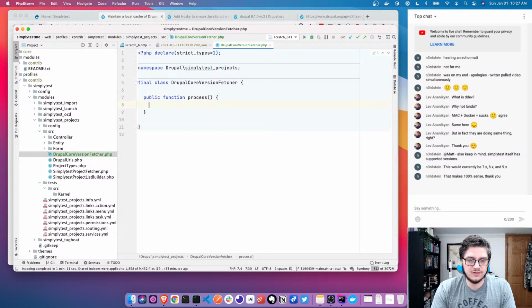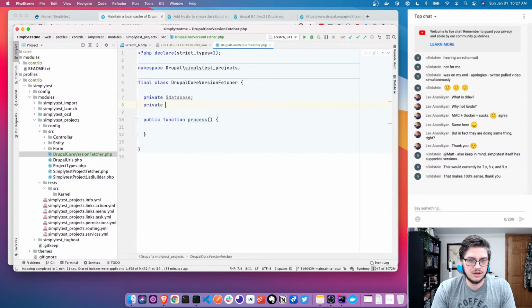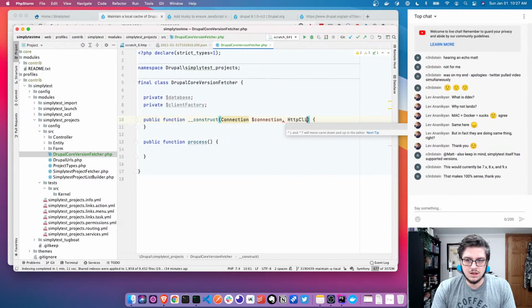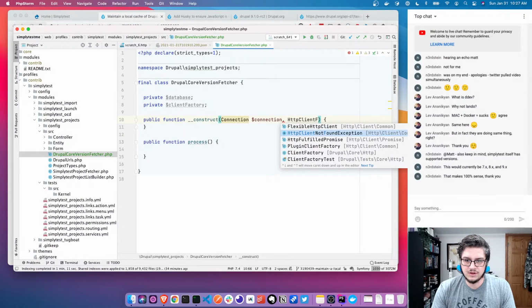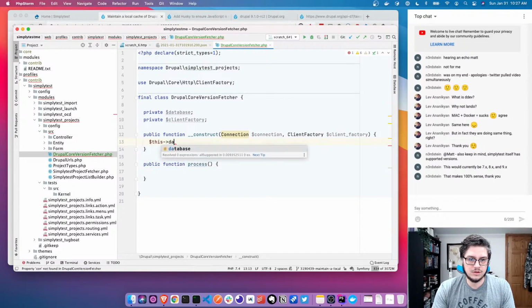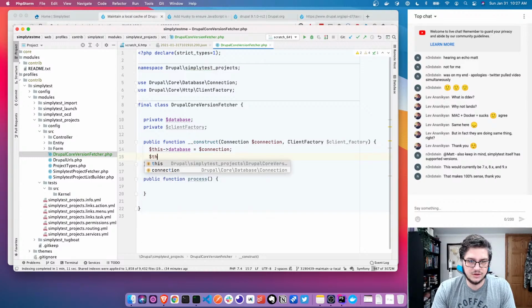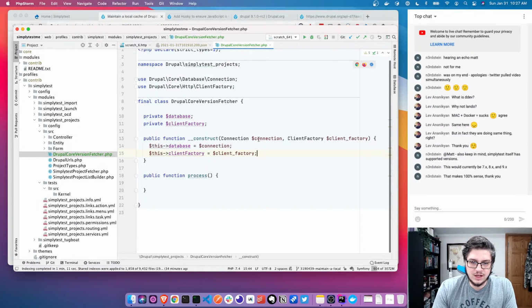So we'll create a process function. And let's see, this is going to need the database and the client factory. So we'll do connection. What is it? Client factory. Why is this? Oh, import that class, and then we'll do. So the client factory lets you get an HTTP client